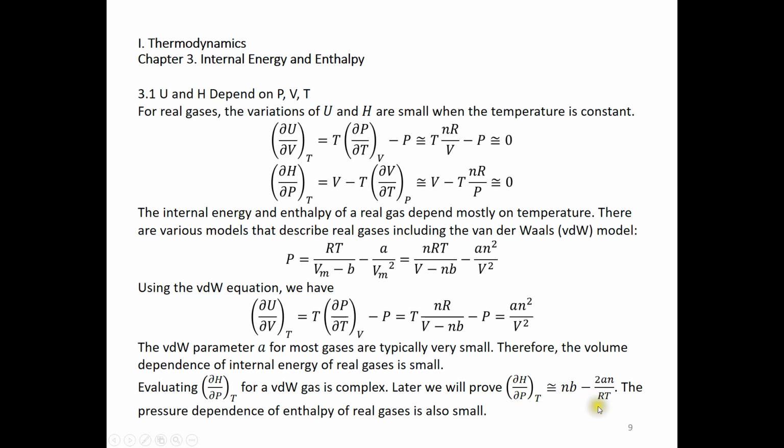So over here, it's nice that we have the attraction parameter. We also have the repulsion parameter. It does make more sense. And also, you can see these two may cancel, right? If you have the right temperature. If you just set NB equal to 2AN over RT, somehow you can solve this equation and get a temperature to cancel these two. Alright, so that means delta H over delta P depends on two things: